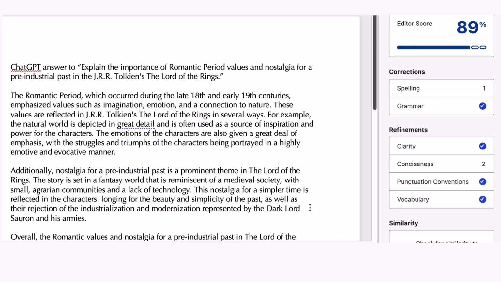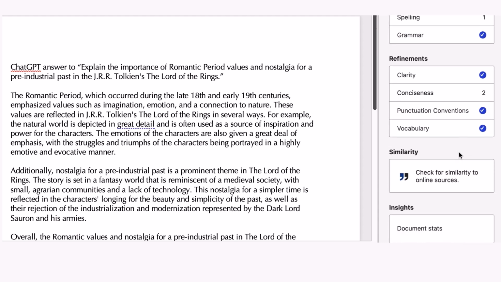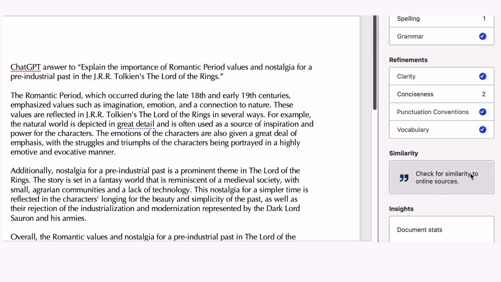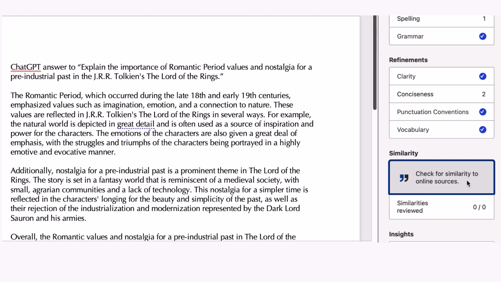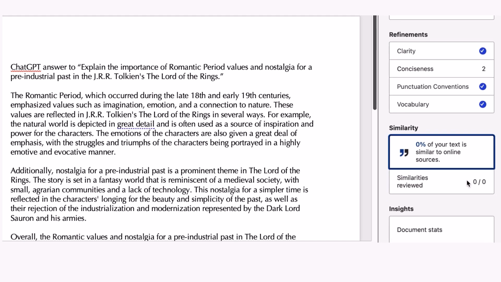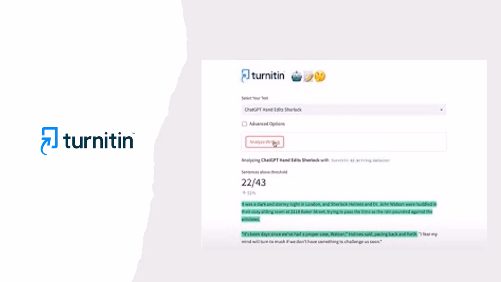If you're wondering if Microsoft Word can be used to detect ChatGPT, you can see that its editor gives the sample a score of 89, just flagging two conciseness choices. If you check for similarity to online sources, at this time, it's going to tell you that there are no similarities because it's looking for a match. But every time that text is created in ChatGPT, it's a brand new effort presenting the information in a slightly different way, so it's not going to come up as a match. Turnitin users will be pleased to know that they are working on incorporating ZeroGPT into their service.